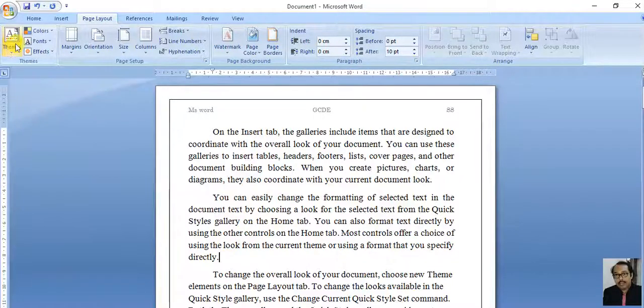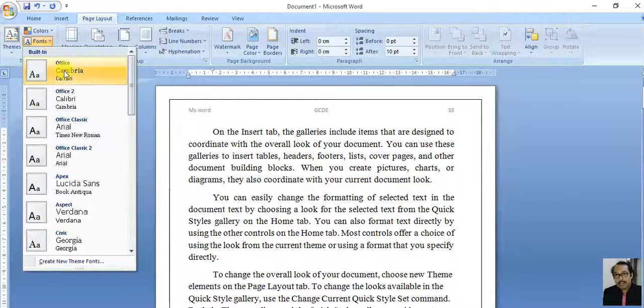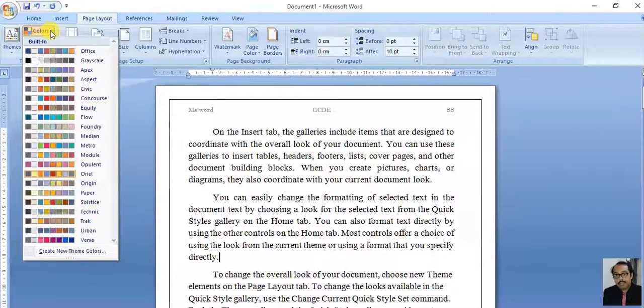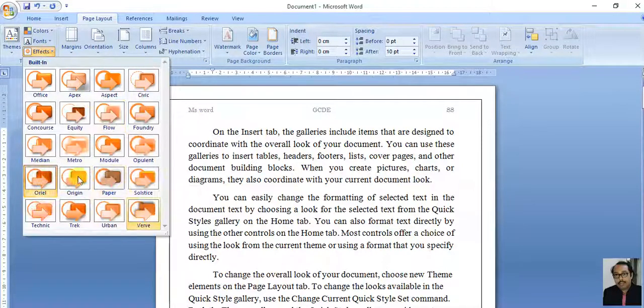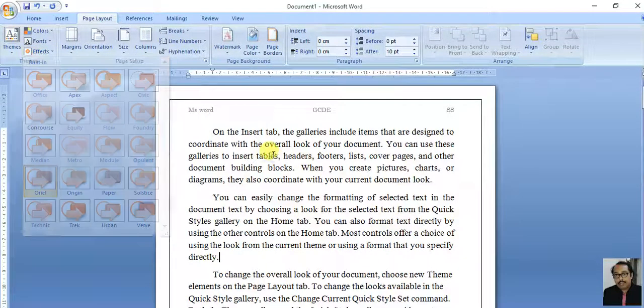Then the concept of theme is required, as I am doing this MS Word activity without choosing a theme, but the default theme is available here. When you start writing in MS Word from the beginning, if you choose a theme, then you can see the effect. From theme you can select the font, you can select the color, and you can see the effect. So that you can do from themes. These are rarely used.